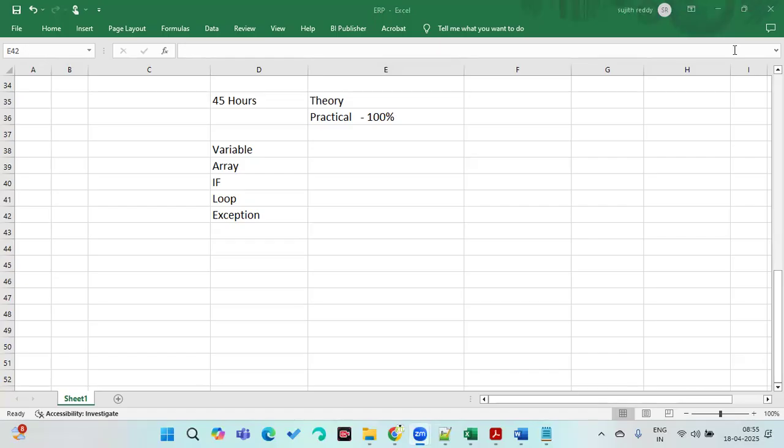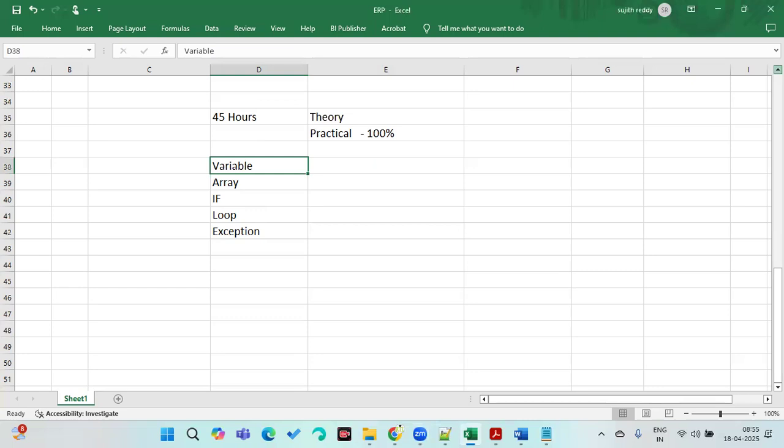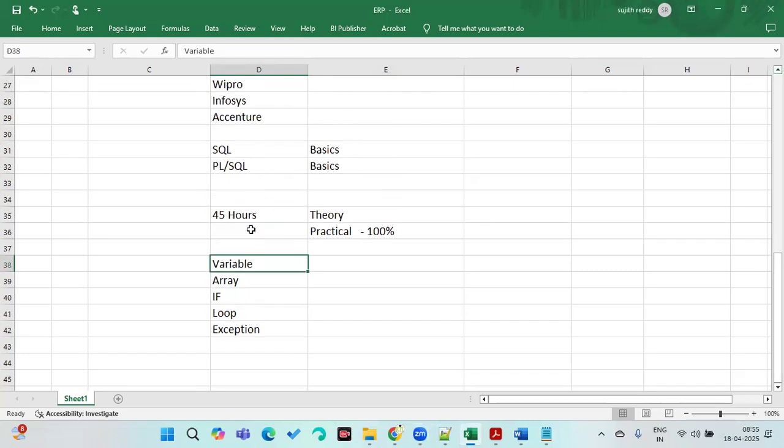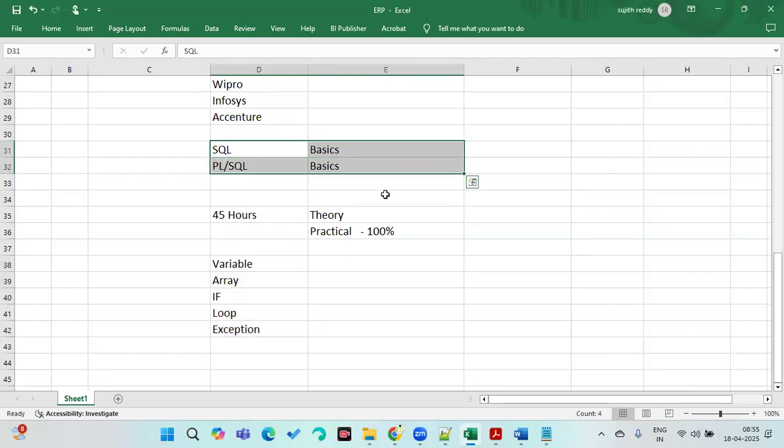Just now you said regarding these five points: coding, variable, array, if loop, exception. So those five you are going to teach within the coming two days? No, I'm not teaching. I'll write the query directly, the coding. When I'm writing the code itself, you can understand why we are doing this. Then why I'm saying, I'm zero on this. What five things are you telling right now? So you mean if I don't understand within two days, I should not take the course?